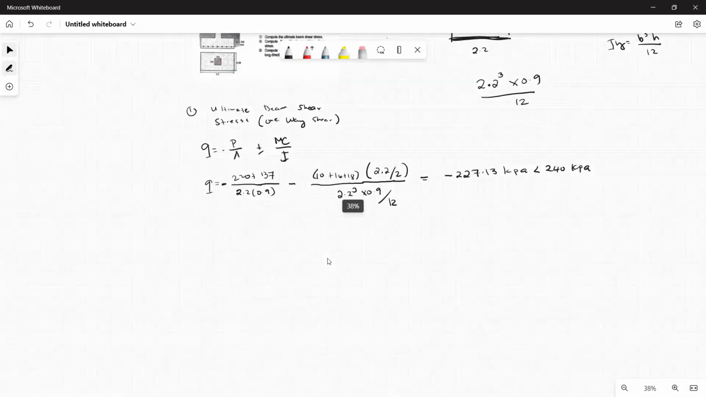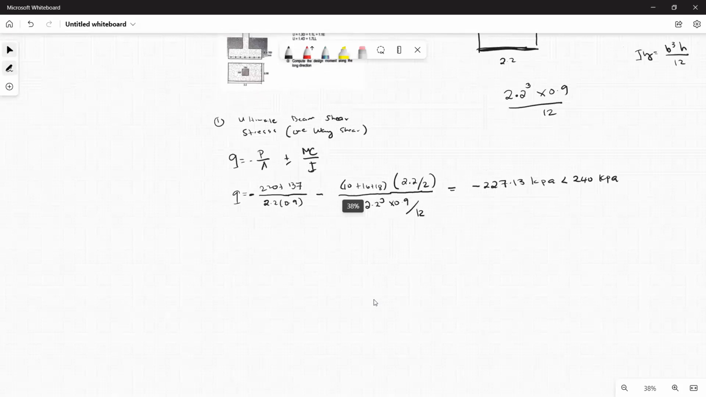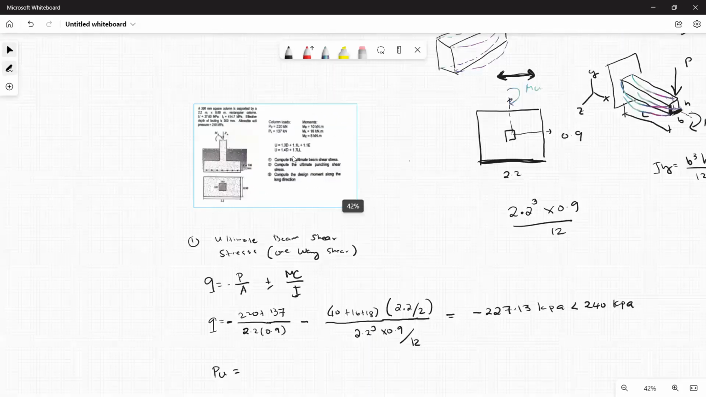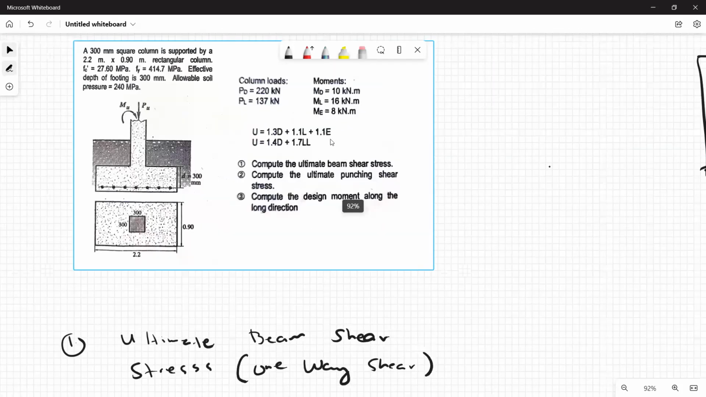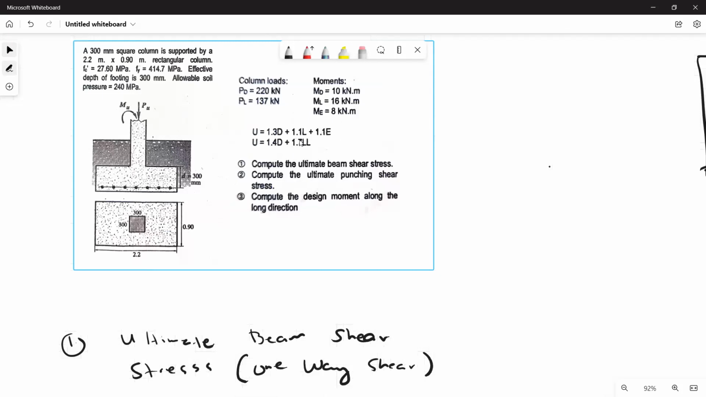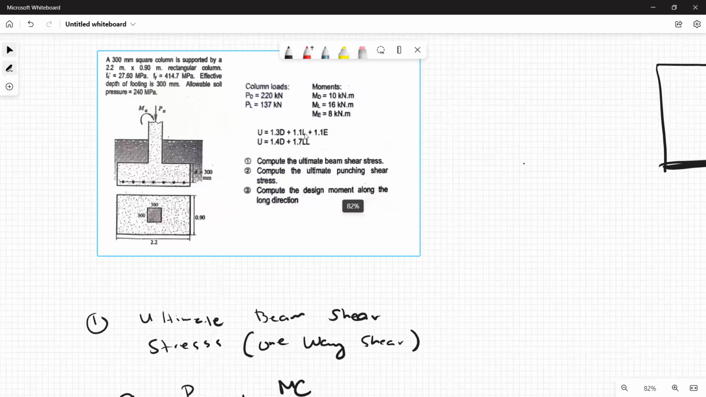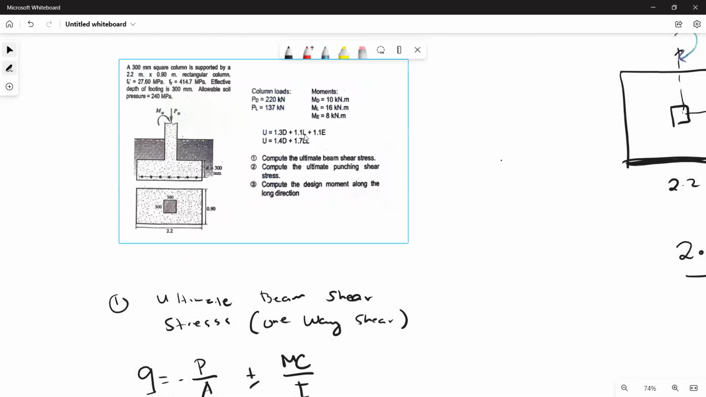So after that, we can now check the actual soil pressure. So yung actual soil pressure natin, so we need to use your load combination. Okay. So kunin natin yung load combination for axial. Sabi niya dito, that is 1.3 plus 1.1 plus 1.1 E or 1.4 plus 1.7. Okay. Check muna natin yung load combinations 1 on both